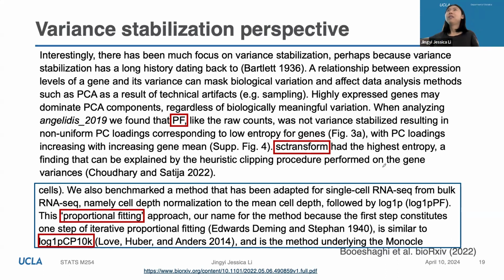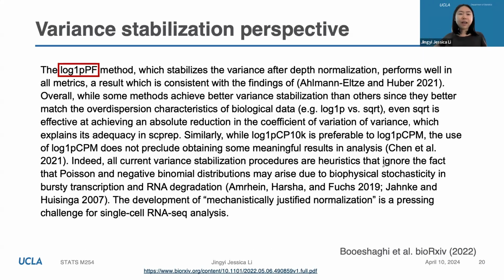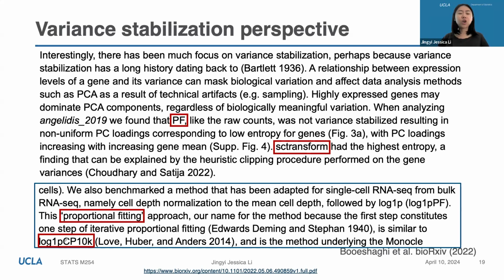So that's what we talk about for DC2. So the clipping of variances to the line, right? All right, but the finding is that this log1p PF method, which stabilizes variance after depth normalization, performs well in all metrics. So this is considered with another paper that considers normalization. So I feel like probably this kind of justifies why it's the default, because log1p PF is close to log1p